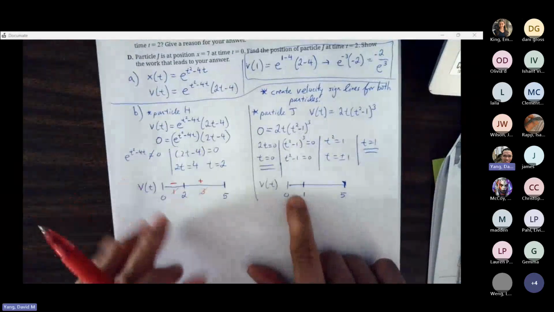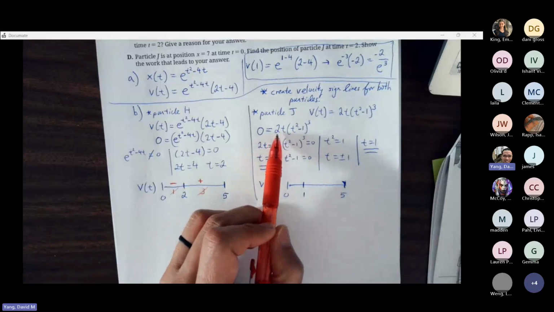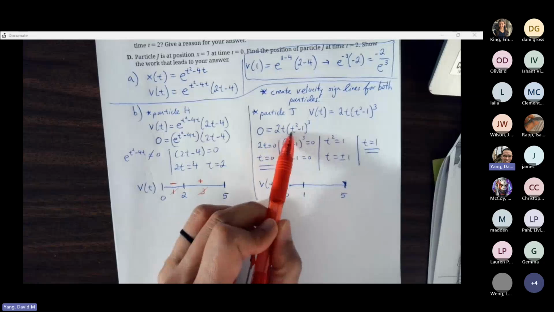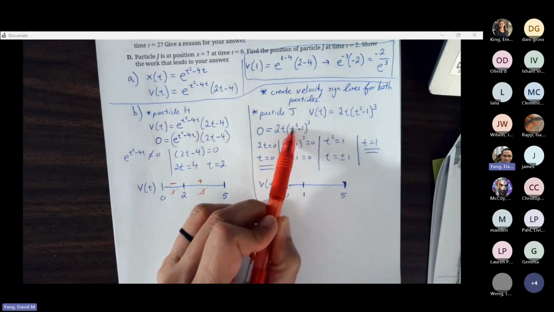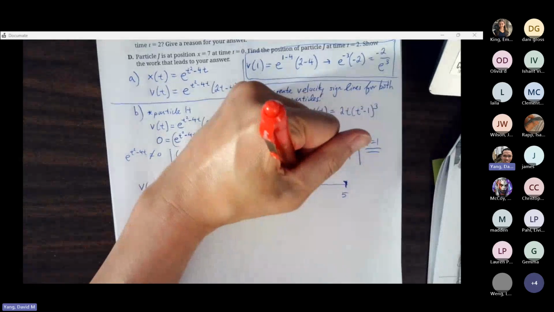All right, so let's test 1/2. If I plug 1/2 into my velocity function for particle J, 1/2 times 2 is positive. 1/2 squared minus 1, that's 1/4 minus 1, which is negative. Negative cubed is still negative. Negative times positive is negative, so it's moving left